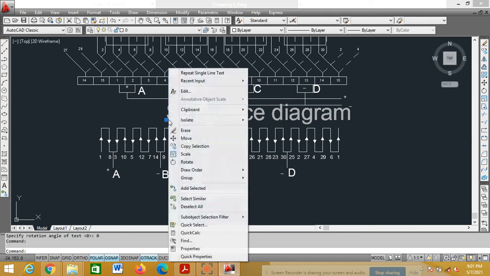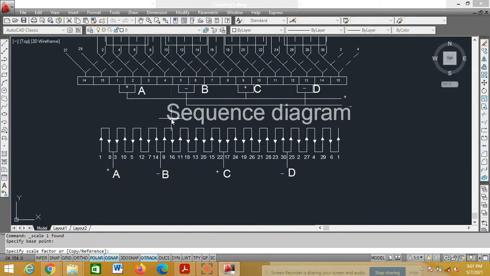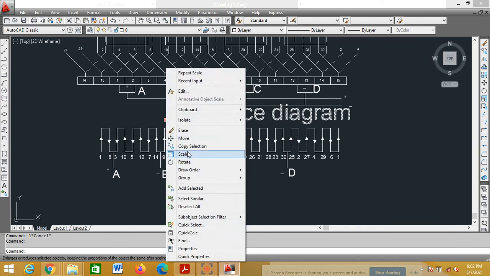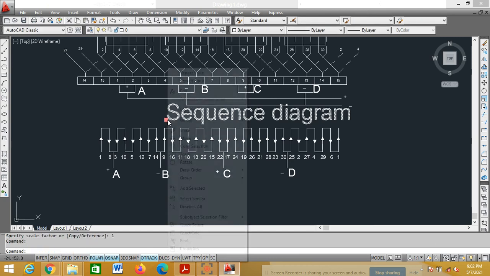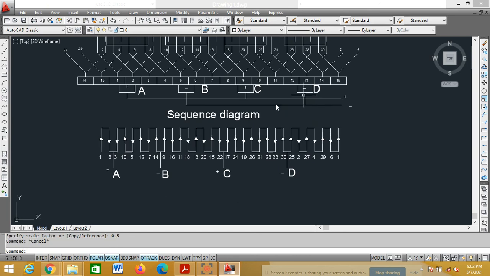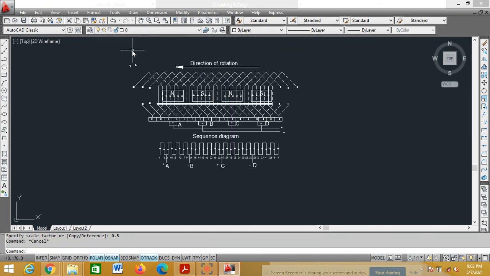Or you can reduce this, you can scale it, and reduce the scale factor for this. This is the sequence diagram.